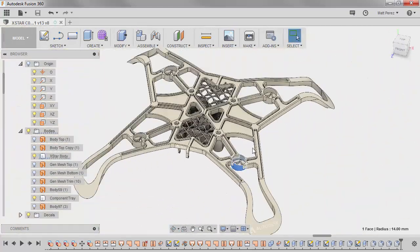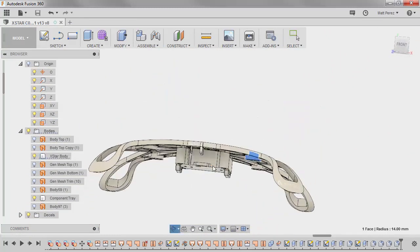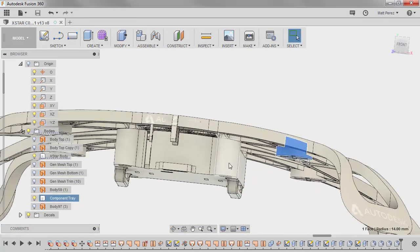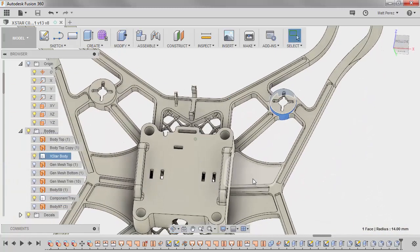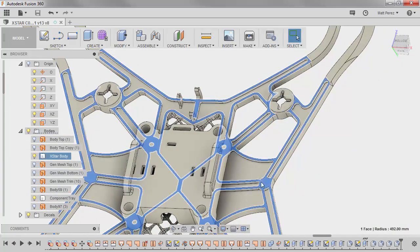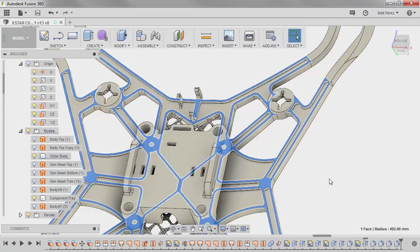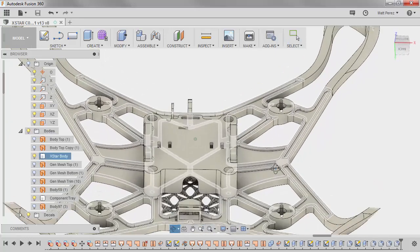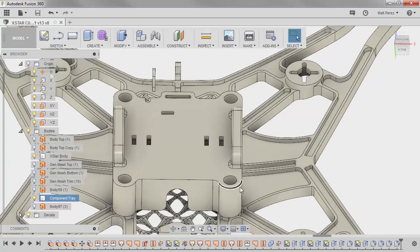Because right now the entire body is one big wing, and on its own it's fairly flimsy, but with the structure underneath, when we bolt the component tray to it, it's going to add that structural integrity. Another thing that we could approach is adding that extra leg that comes out to this area, and that extra leg could provide some additional structure. And again, it's well outside of the path of the propeller, so we're not going to be doing too much to affect the airflow. In terms of additional modifications, the last modification I want to talk about or approach is